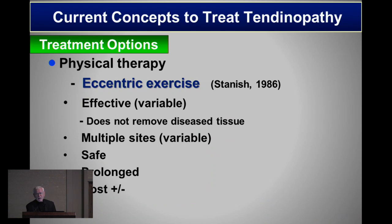It's interesting that there is actually fairly good science that supports eccentric exercises, and the basic mechanism is that eccentric exercise does stimulate a healing response. The definition of a chronic refractory tendinopathy is that condition in which the signal for the body to heal this as a physiologic process has been lost. So the real key to treating chronic refractory tendinopathy is trying to signal the body to do what it's supposed to do, which is to heal the process. And eccentric exercises have been shown to probably be